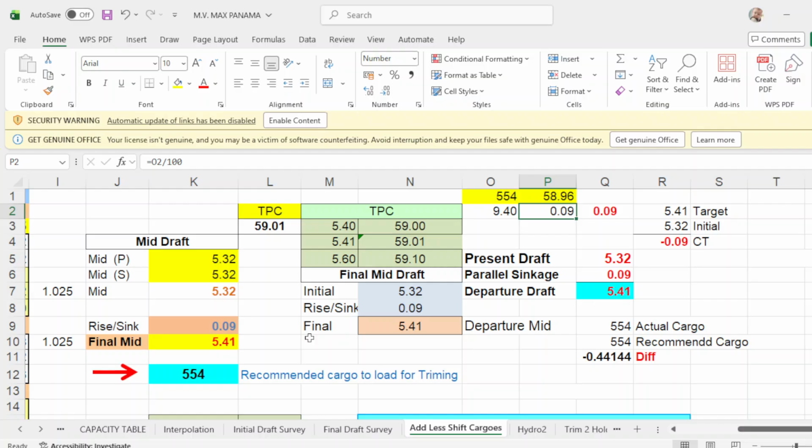Okay? That will be here, 5.41. That will be equals. Then you click this one. And your sinkage will be 0.09, which is equal to this one. Or, to get this one is K10 minus K7, that will be 0.09. Okay? Now, once you get this one,